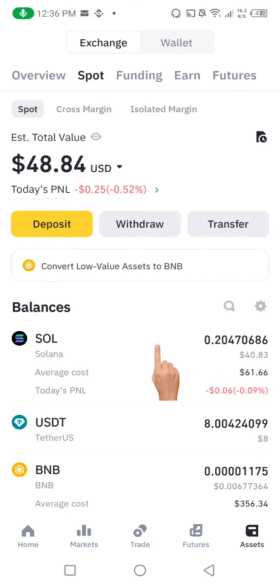So make sure you follow this process so that you'll be able to send your Solana from your Phantom wallet